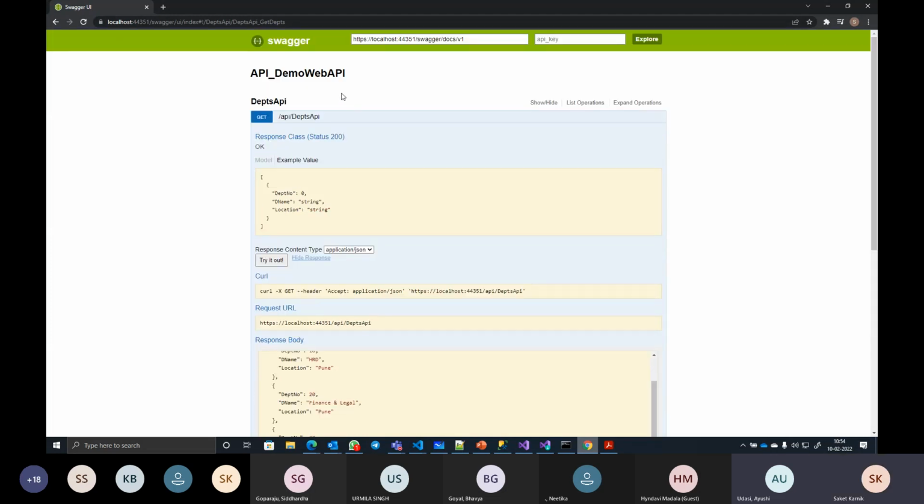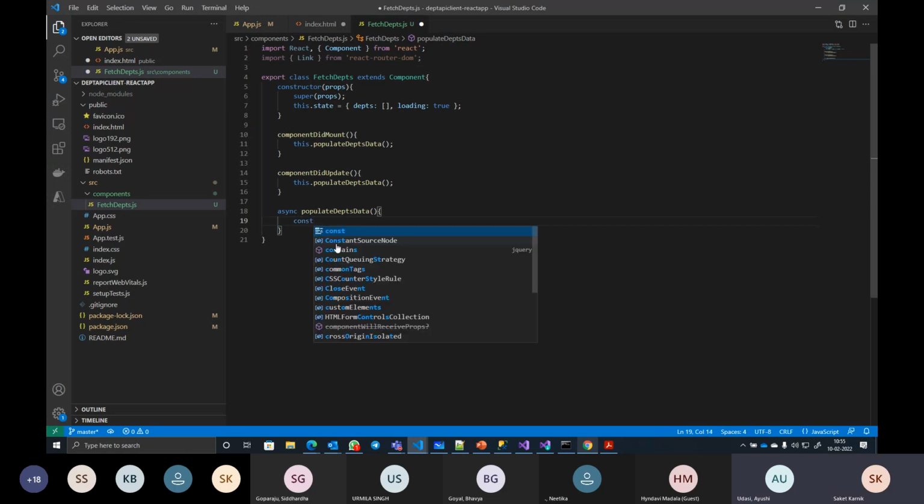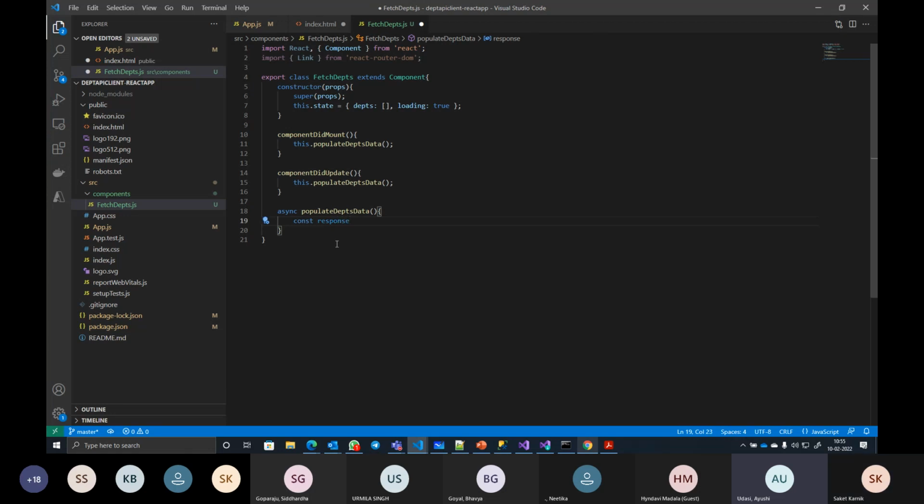I'll need the path of the API. So basically, from Swagger, I can get the base address. Here I just say const once equal to await